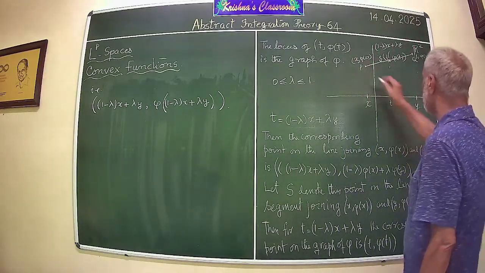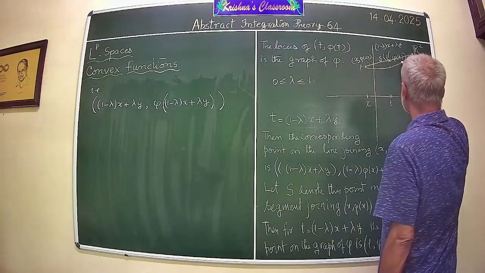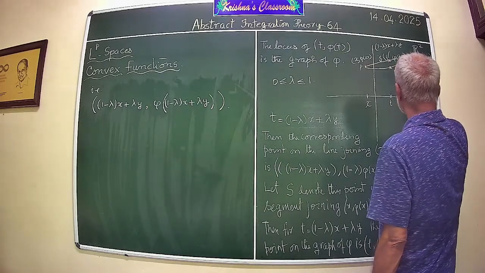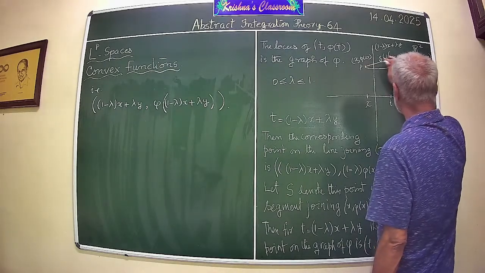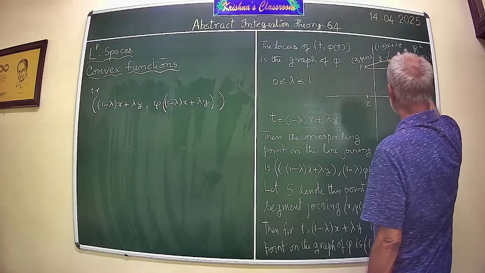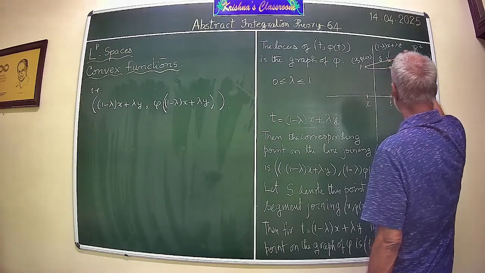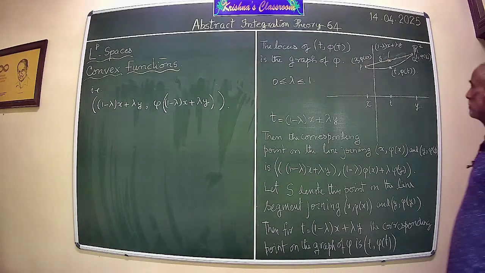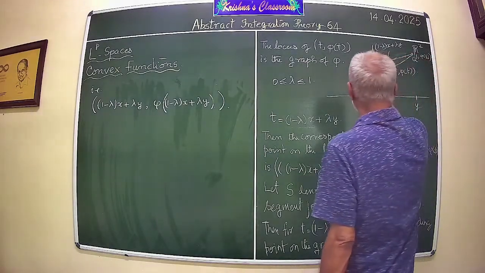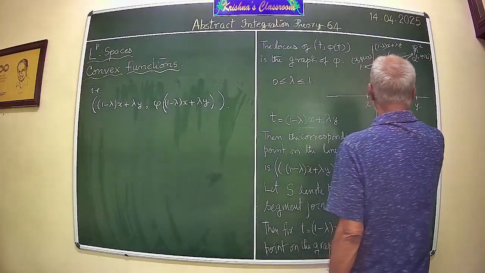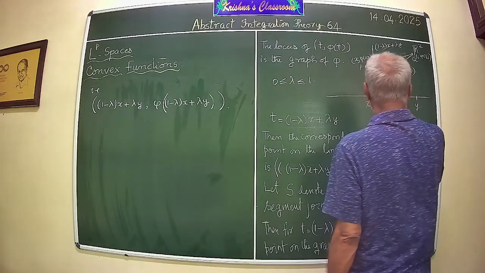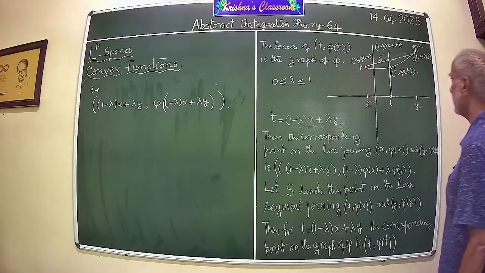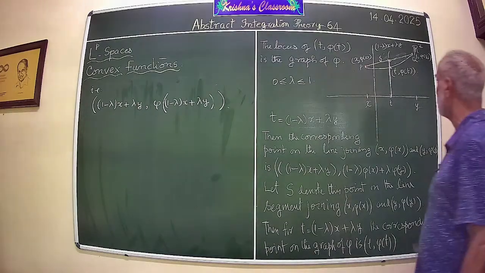Okay, so this is the point. Now look at it: what we obtained is phi t is less than or equal to,